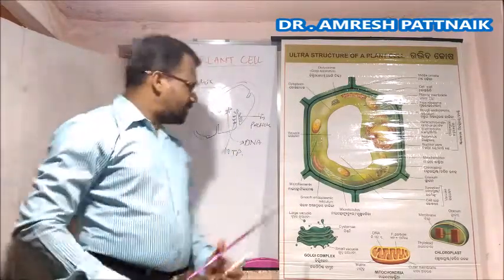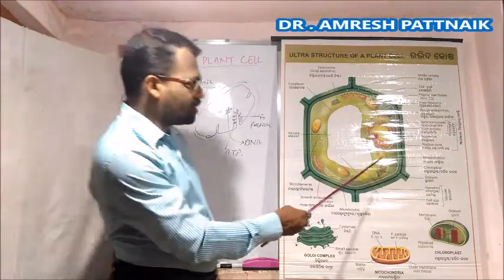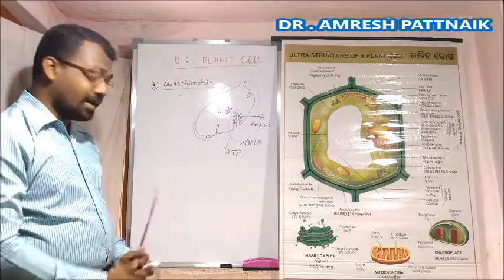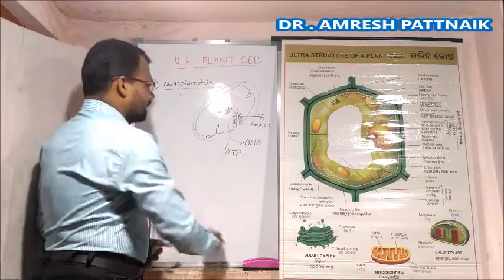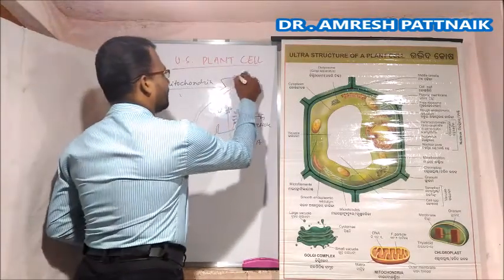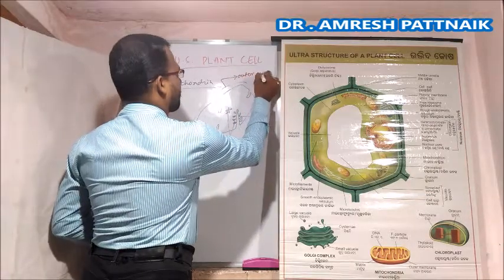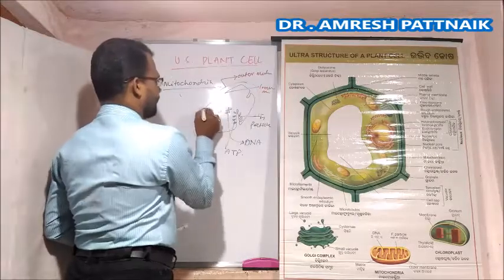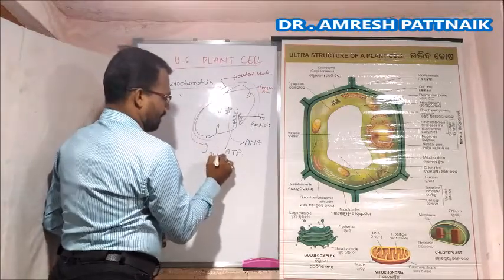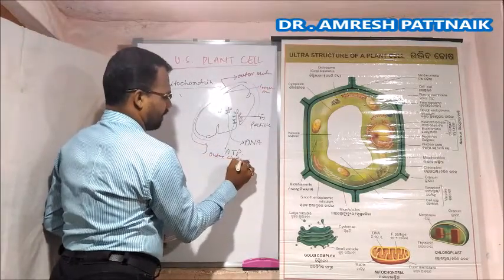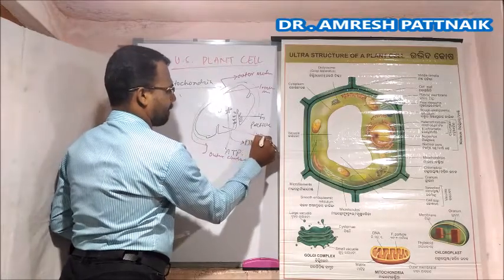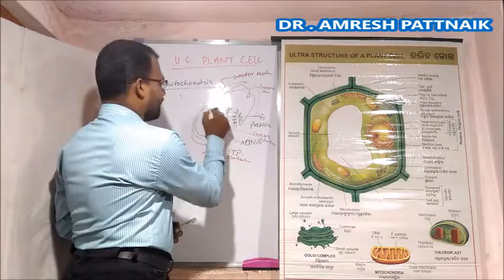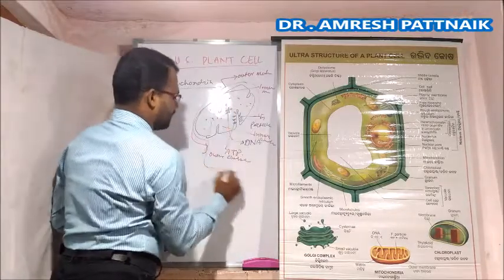So this is the structure of mitochondria which is present here, and this is the external structure of the mitochondria. And here what we find, this is the outer membrane, this is the inner membrane, this is the outer chamber, this is the inner chamber, and here the dotted particle is called